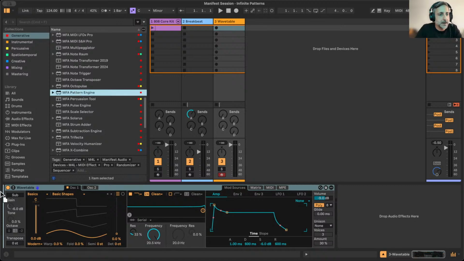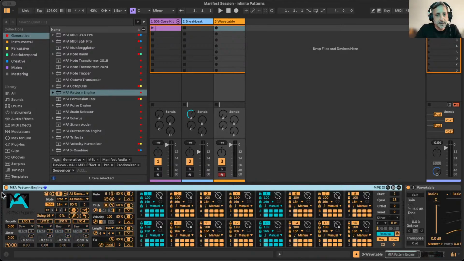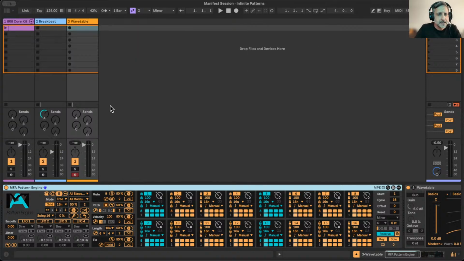And this being Live 12, it's going to automatically adopt the C minor. Let's just make it a D minor. Actually, let's try G minor today. G minor. And as I change that up there, as above, so below, it's inherited just the same in Pattern Engine. And so Pattern Engine is limited to 16 steps, but as you'll see throughout today's session, there's so